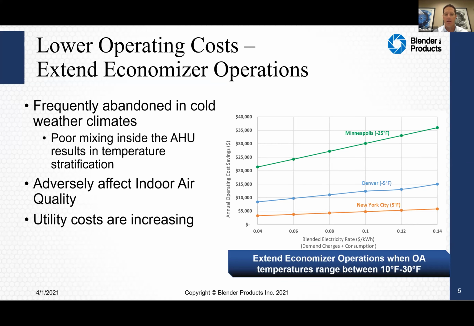What you see on this plot on the right-hand side is the y-axis showing annual operating costs for the year, and then you see blended electricity rates. That blended electricity rate is the demand charge plus the consumption in kWh. Demand charges, for those of you who don't know, can be significant. That can be 60, 70, even 80% of a big commercial building's utility bill. Typically in Denver, we'll see a blended rate from 0.06 to maybe 10 cents per kilowatt hour,